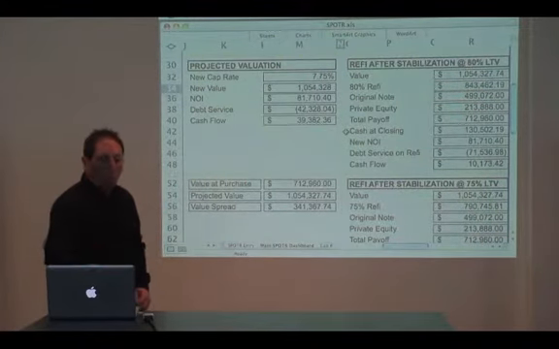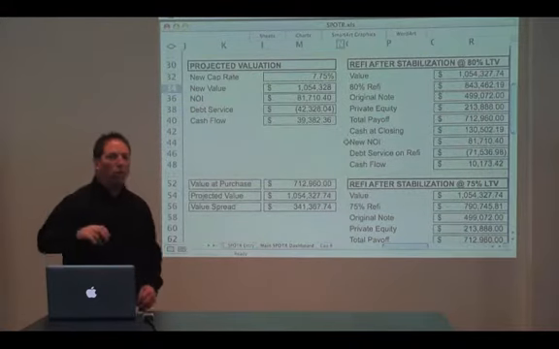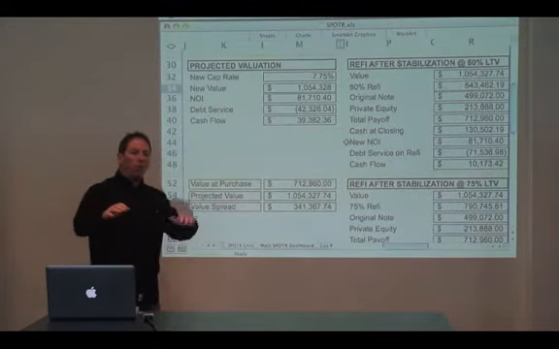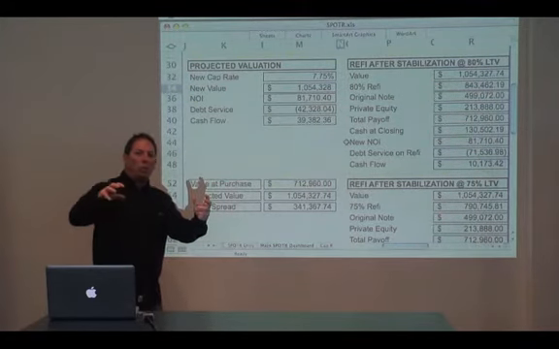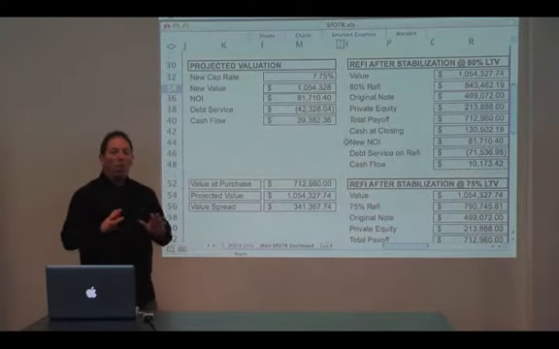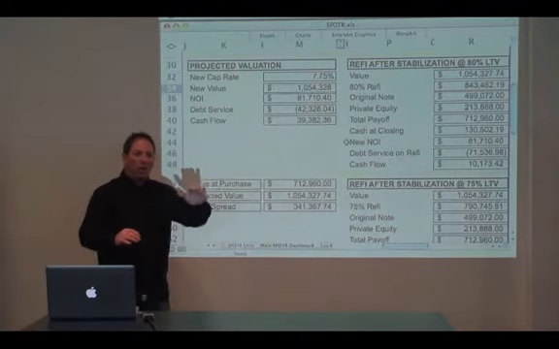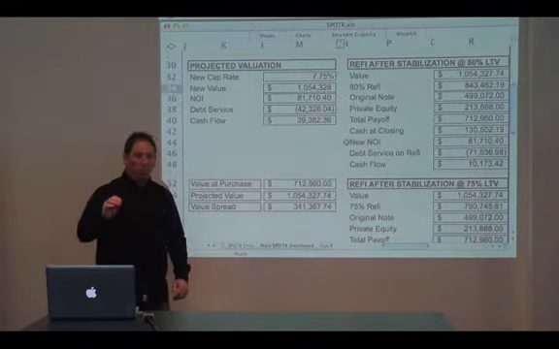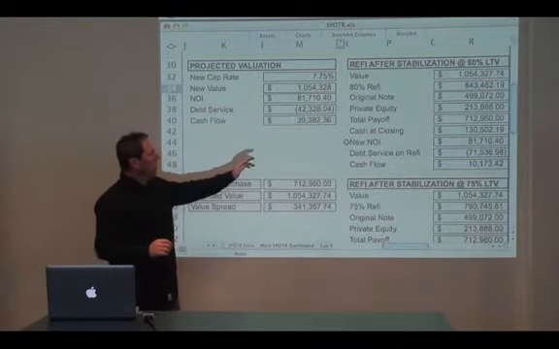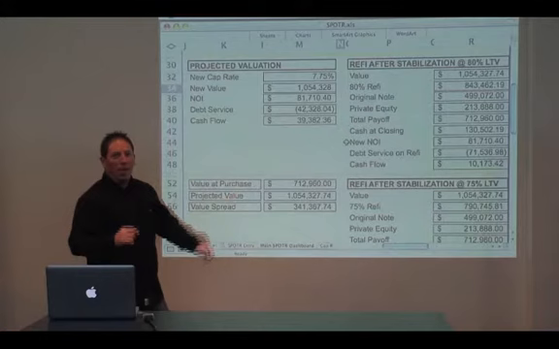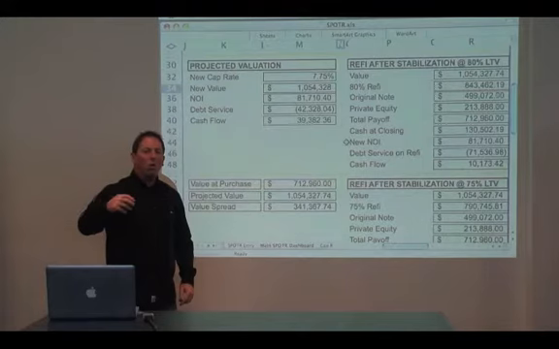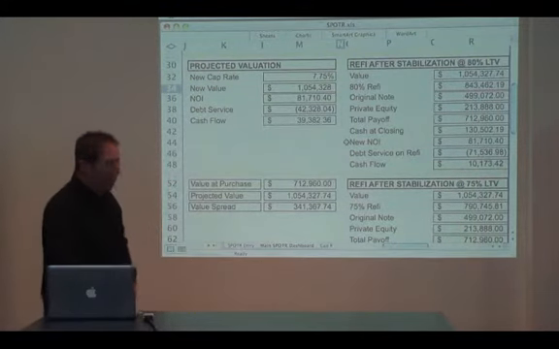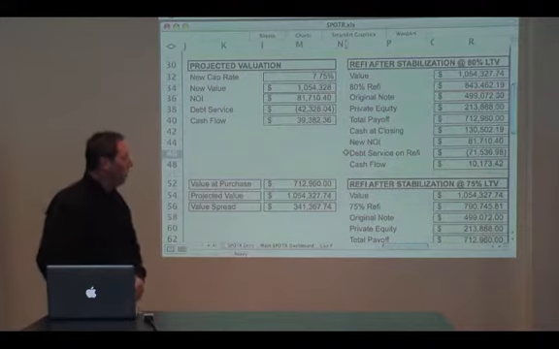Now, sometimes when you refi, you manipulate your cash flow, so you have to be careful. You have to weigh it out. You know, cash on cash return always has to be weighted by the actual cash flows coming in. You remember our T-bar and how it's the timing of what goes out, the timing of what comes in, how much goes out, how much comes in, right? So what we do is we look at our debt service on our new note. And the debt service on the new note still needs to allow us to have cash flows for the asset. So if you notice, as I move the cursor down, the debt service on the refi,